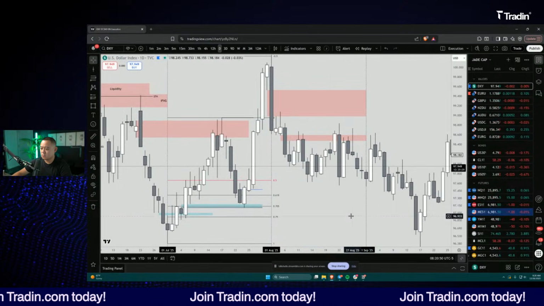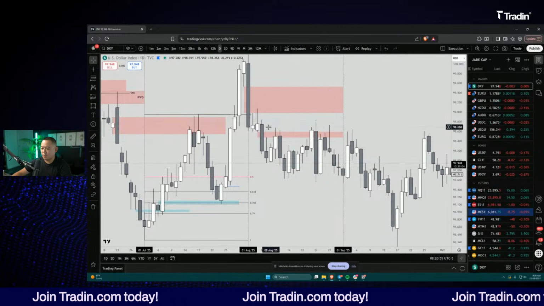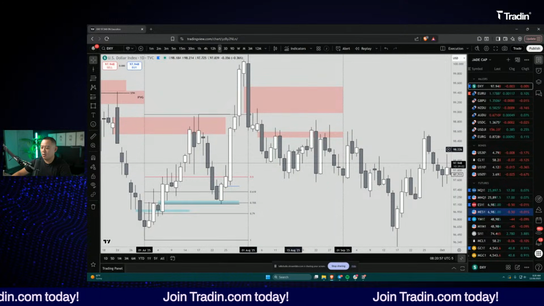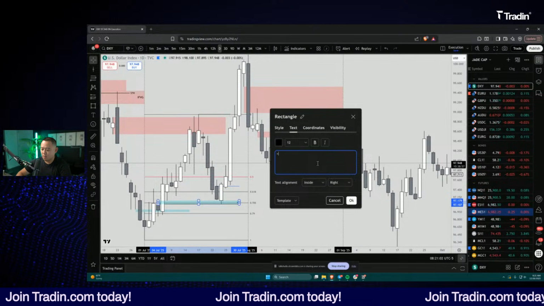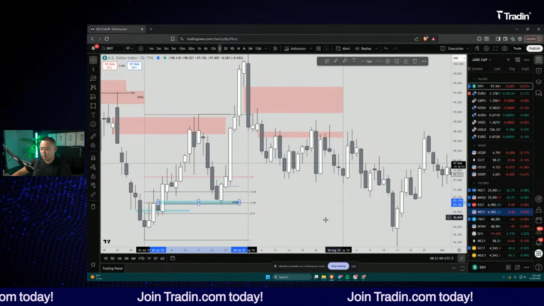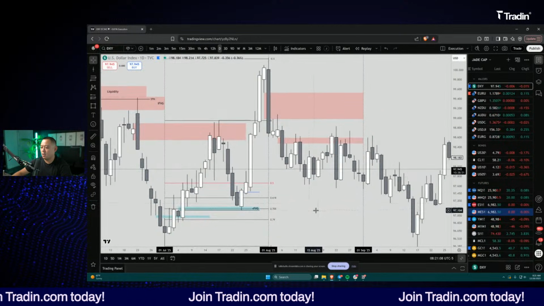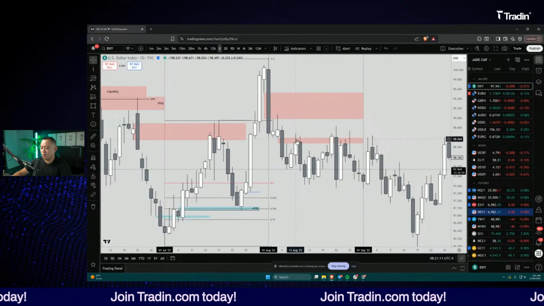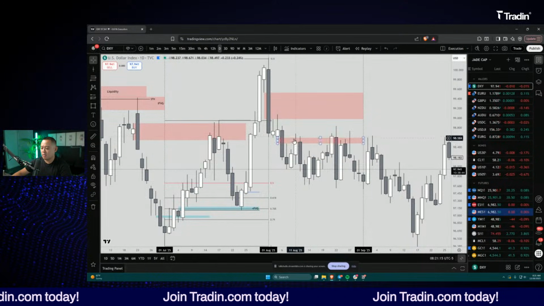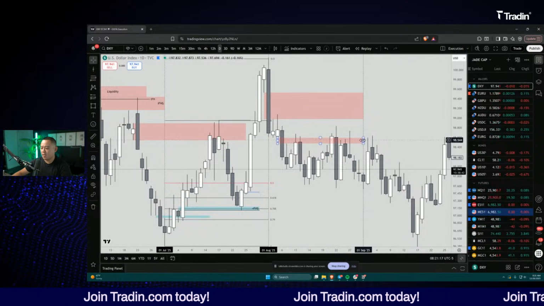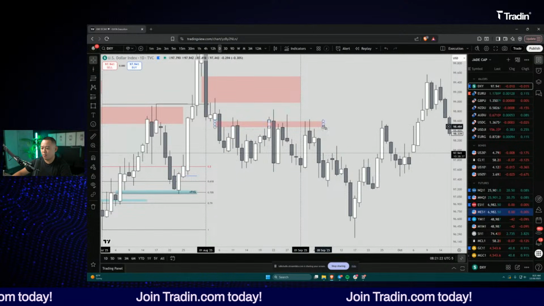Right? You can see that sometimes it does close through those levels and it manipulates. So these gaps are not always precise like this one. And that's just something you guys have to get comfortable with. So this bullish fair value gap, you guys can see that it obviously respects that level to the tick. It's not always going to do that. And this is where you have to be comfortable with having a win rate that is not 100%. Because sometimes you might be trading these fair value gaps many times before it actually pays you out the way you want it to pay you out.